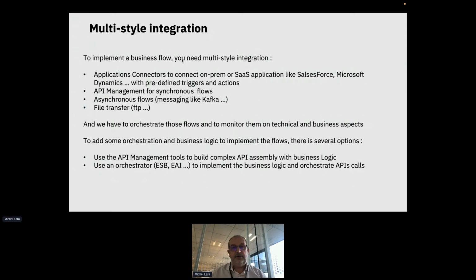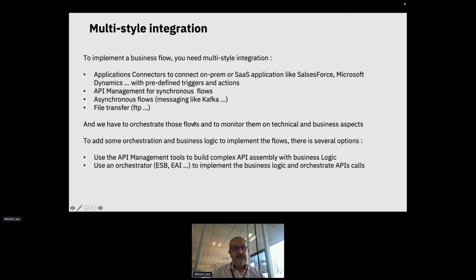A lot of customers are adopting SaaS applications like Salesforce, Microsoft Dynamics, Workday, and lots of customers also need messaging, transactional messaging like MQ, RabbitMQ, etc., but also pub/sub paradigm like Kafka, and a lot of file transfer. So, in fact, when we build a complex application, we have to have all this technology